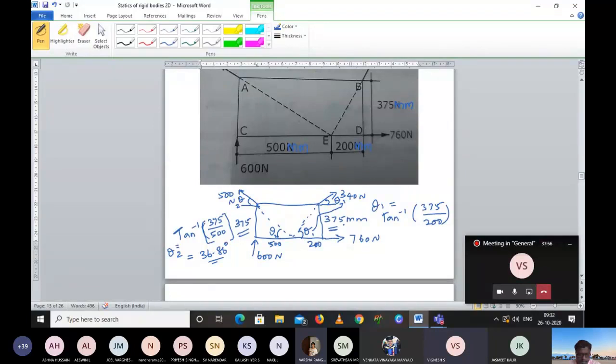So any other forces are inclined? 600 newtons and 760 newtons are there, sir. Are these two inclined, or are they parallel and perpendicular forces? One is parallel to horizontal and one is vertical, sir. Yes, this one is actually perpendicular to point C, okay? And this one is along horizontal. This is D. Any doubt in this? No, sir.